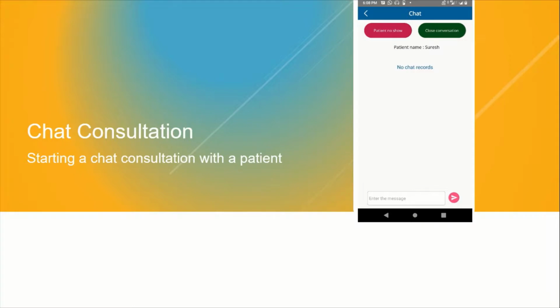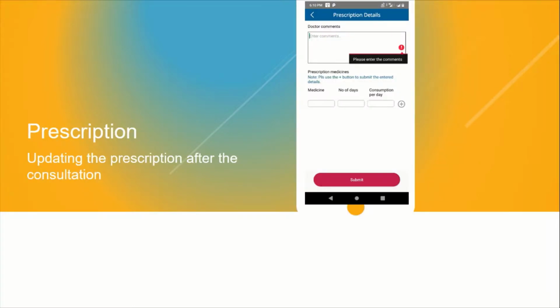Now after closing this conversation, you can get into prescription. Once you complete your appointment, you will have to give a prescription to the patient. You will have to enter your comments, and if there is any medication that you have to give, you will have to prescribe the medicine, and then say how many days that medicine has to be taken, and what is the consumption duration.